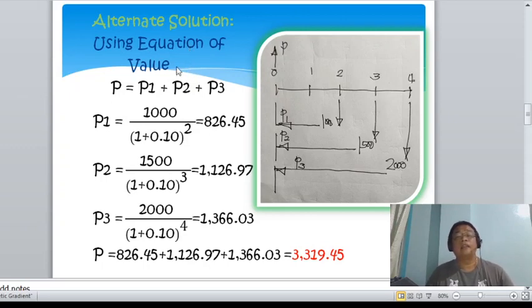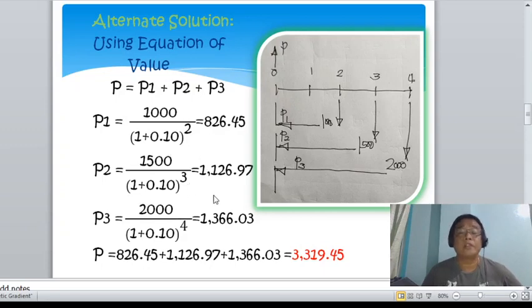Okay? So, that is now the present amount of 1,000 at 0.2, which is equivalent to 826.45. And then the present amount of the second payment, which is 1,500, that is now equal to 1,126.97. And then getting again the present amount at 4 of 2,000, that is equivalent to 1,366.06. And then getting now the sum of the P sub 1, P sub 2, and P sub 3, the total now is